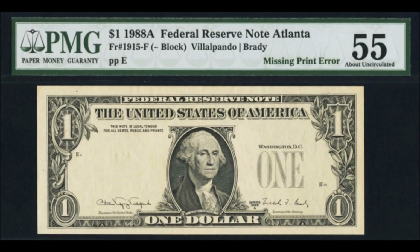Currency errors are probably one of the more interesting, exciting, if not the neatest things to discover in coins and currency today, numismatics. So I would say one of the neatest, most thought-provoking, interesting errors that you could find on a dollar bill or 5 or 10 or 20 is when it's missing some design elements. Okay. And you got to know, these notes sell for hundreds, maybe even thousands of dollars, depending on the